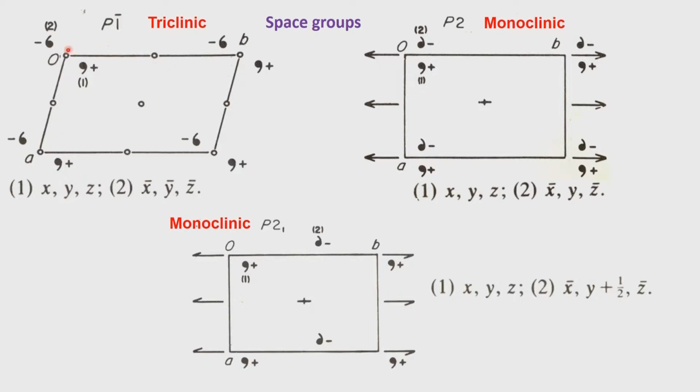In order to identify they are different from each other, a convention defined by a person by name Wyckoff has been formulated. We will discuss the Wyckoff notation and Wyckoff formulation when we look at the entries in the international table, because most of you are non-practicing crystallographers from the crystallographic point of view, but you are practicing chemists who use crystallography, practicing physicists who use crystallography, and so on, biologists who use crystallography. So, for those people who use crystallography, a ready reference point for identifying and then looking at the details of the space group is the international tables for crystallography.